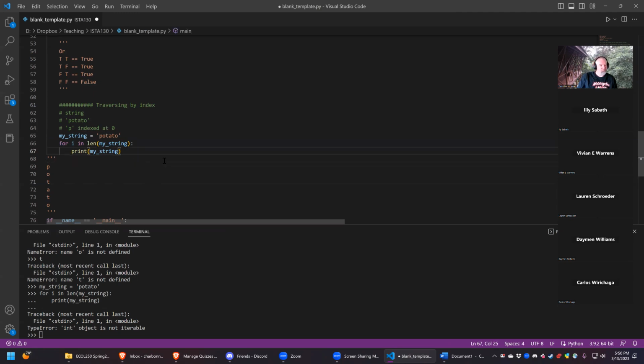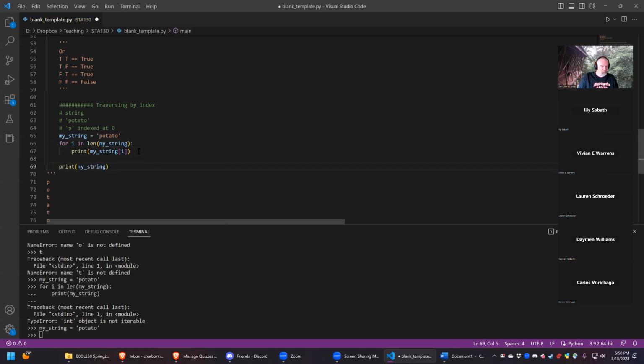After my string, could you put brackets then I inside? And why are we doing that? Because it gives you the character or the element at the index of I. Exactly right. So if we just print my string,